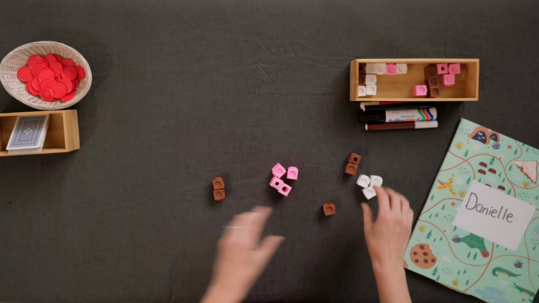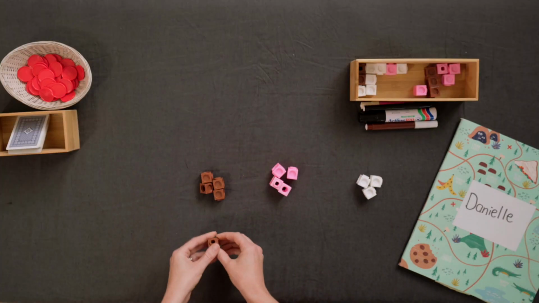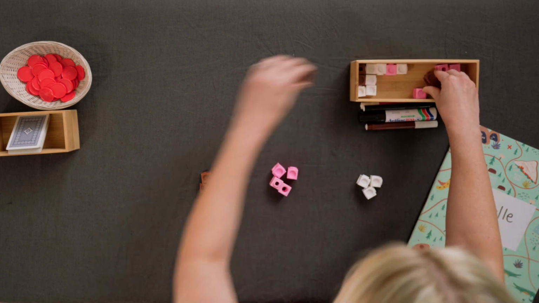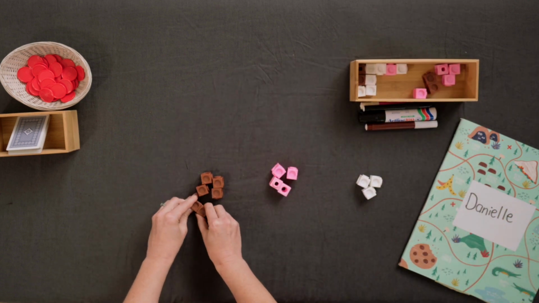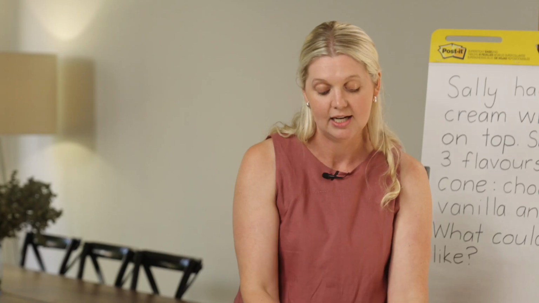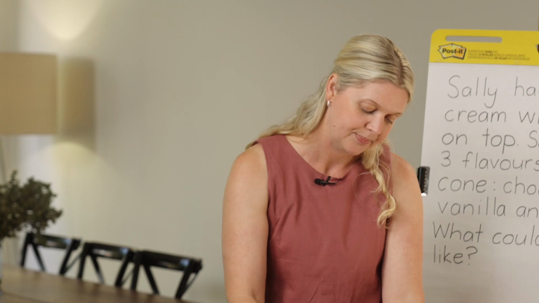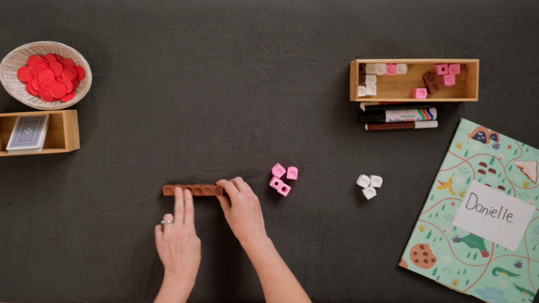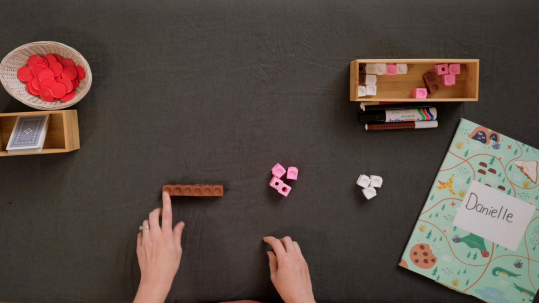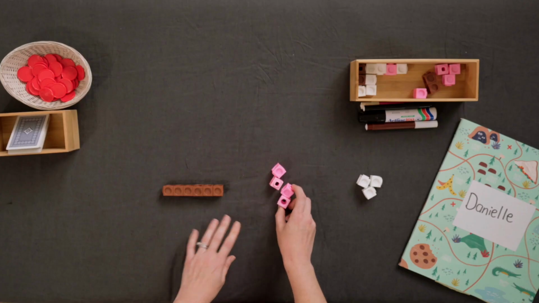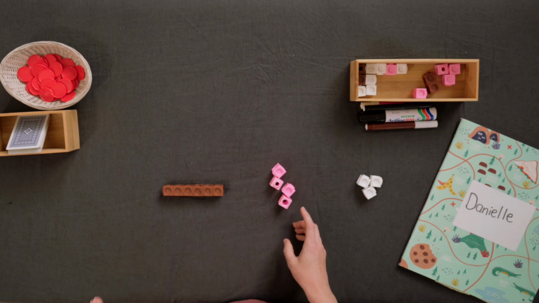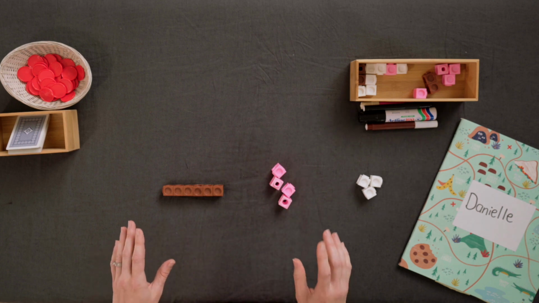So let's do 2, 4, 5, 6. Now I'm going to join them together like this so I can see very clearly how many chocolate. It's almost like a long tower. Okay, so we have 2, 4, 6. Now, we know that the total needs to be 8. I could do 6 and 2 more, but Sally really wanted 1 of every flavour, so I'm going to do